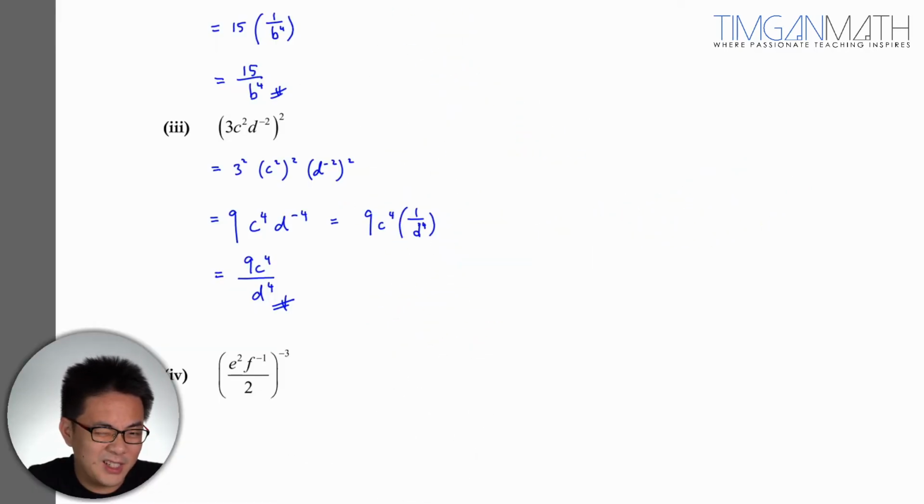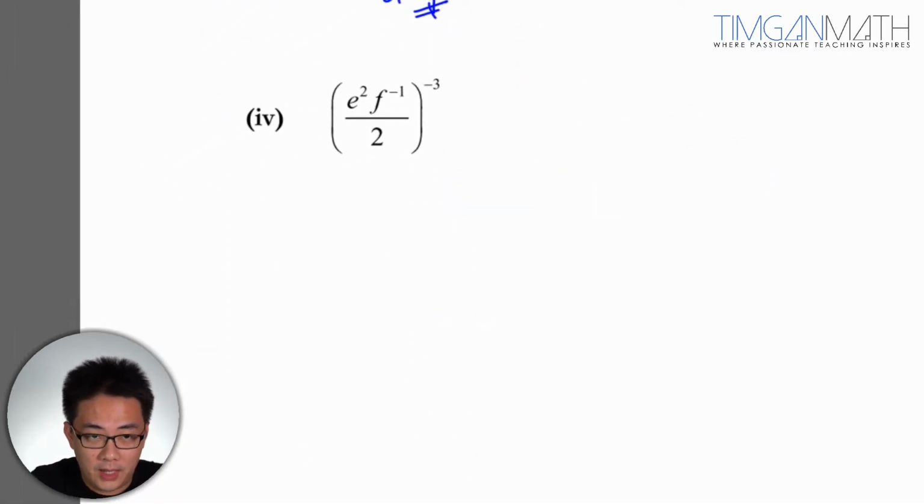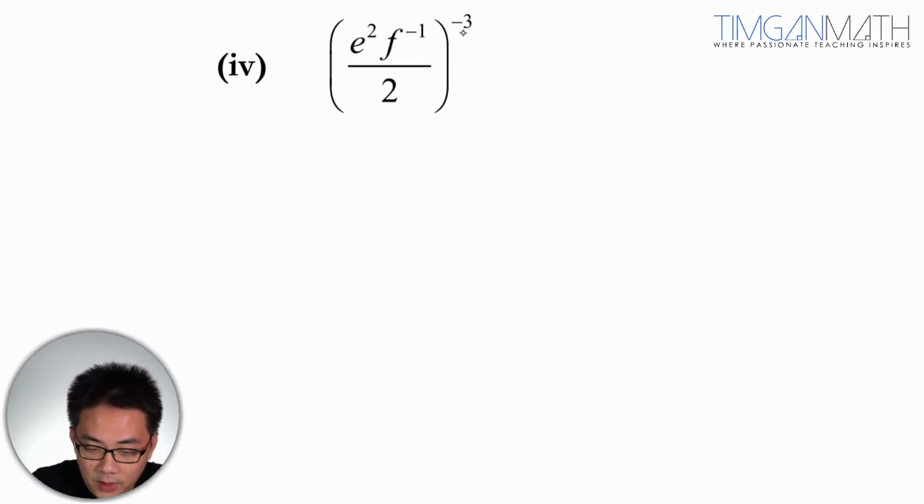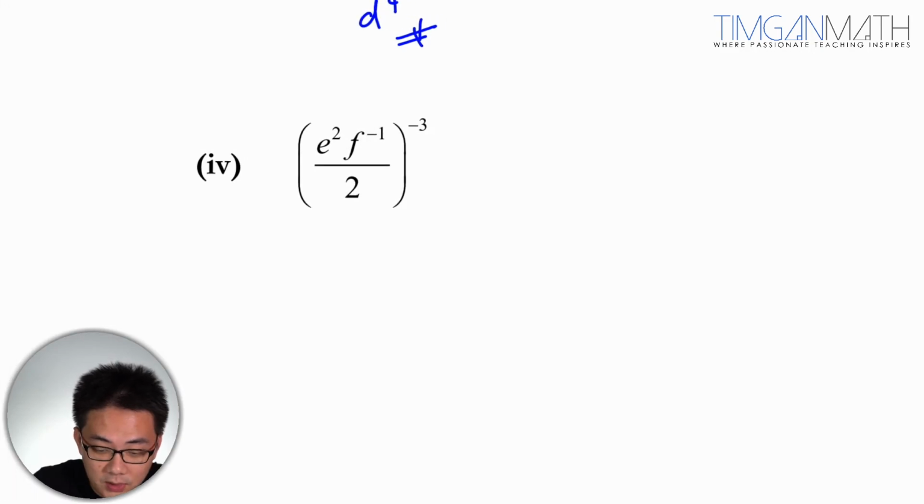Okay, so this indices is pretty okay. Then we're going to look at part 4 here, with the minus negative 3. Okay, this is pretty interesting. So what we're going to do is actually